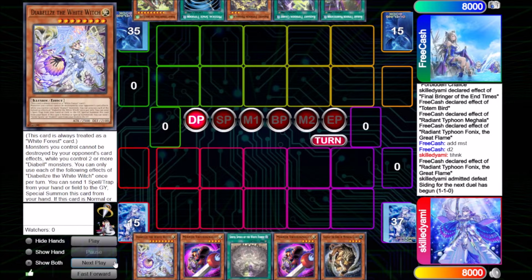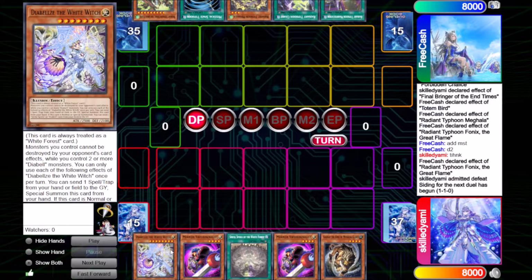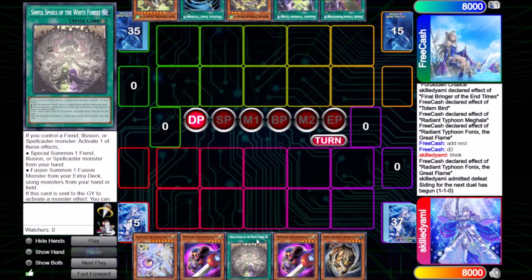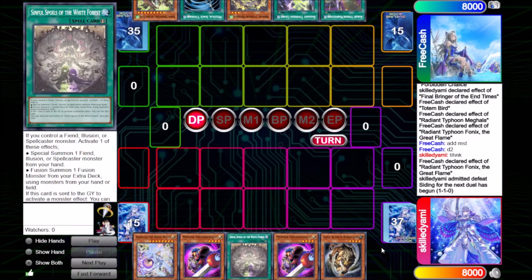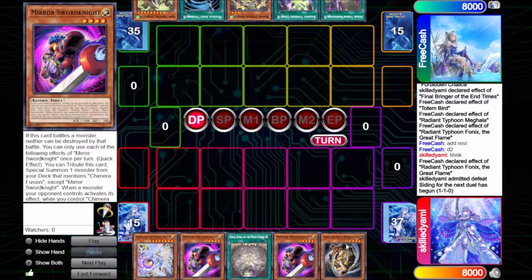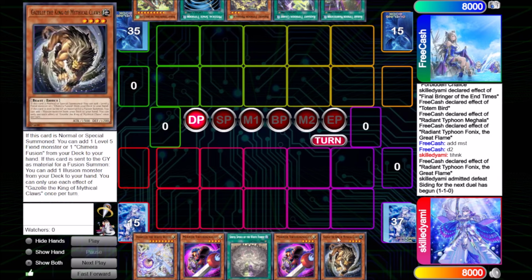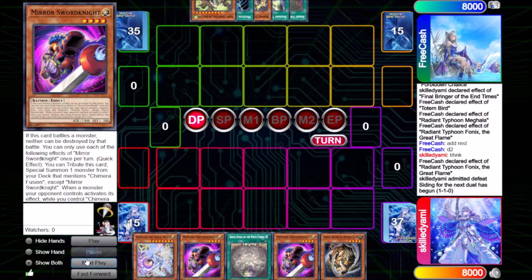That's the name. And for my hand, it's actually pretty good. I do have Diabells plus the Sinful Spoils of White Forest. It can set itself back when I special summon the Diabells. I have Mirror Sword Knight as a starter, Gazelle as an extender. Yeah, only an extender when my starter doesn't get stopped, right? The problem is I don't have anything if he stops me, but I know I play against a deck that doesn't have a lot of hand traps. It rather plays quick play board breakers, and